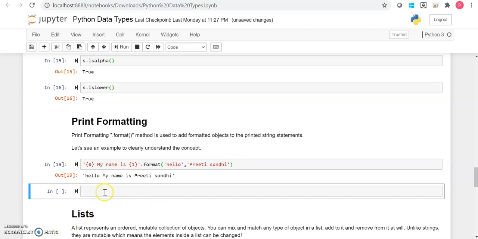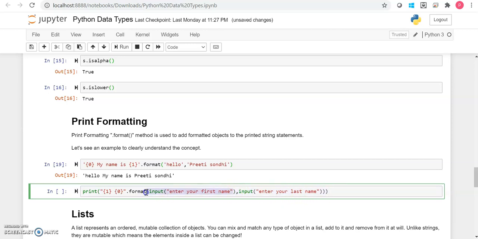Right. Now guys, do you remember yesterday I gave you a task for printing your own name in a reverse format? You can do that with print formatting. You can also do that task, or we can say assignment, with the help of the split and replace functions. Split and replace are built-in string functions. So let's do this with the help of print formatting. If I want to print my name Preeti Sondhi in reverse order, I want to print Sondhi first, then Preeti, I can do that in print formatting as well.